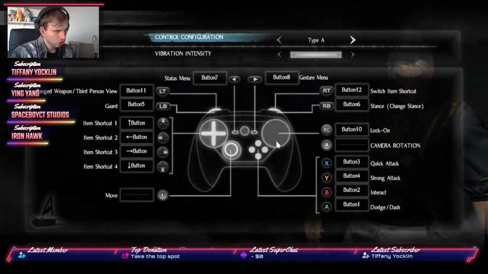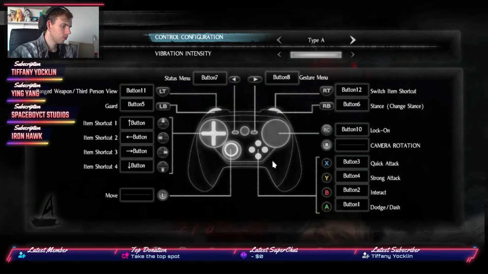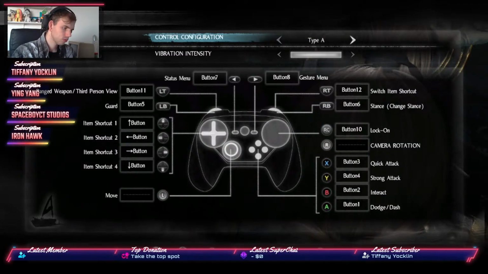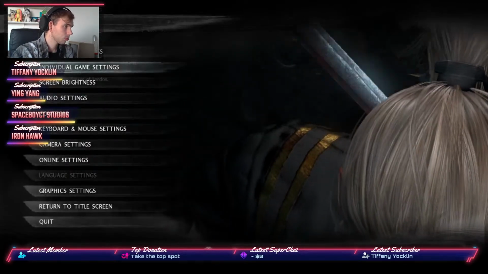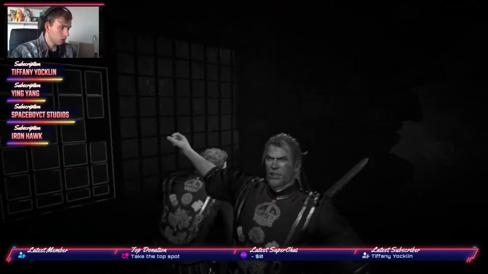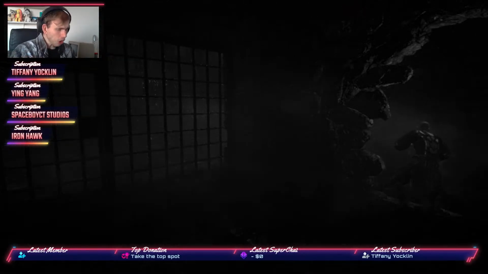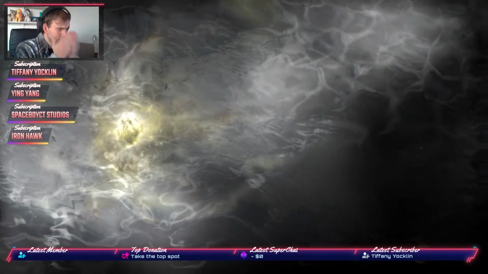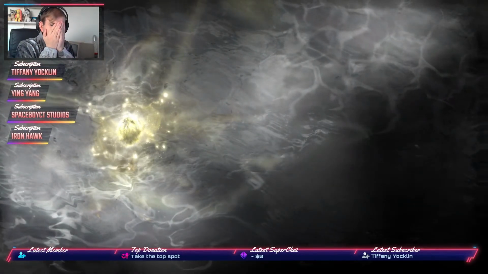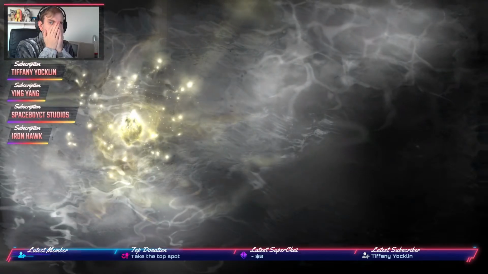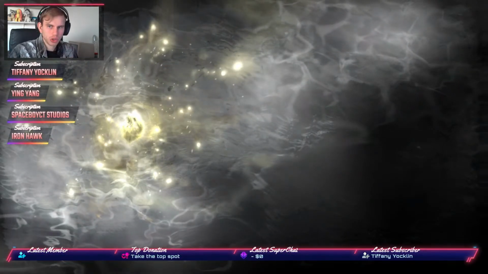If I wanted to use this control scheme with the Steam controller and everything, I don't have a Steam controller. I wasn't doing anything. Oh my god, okay. Yeah, okay.